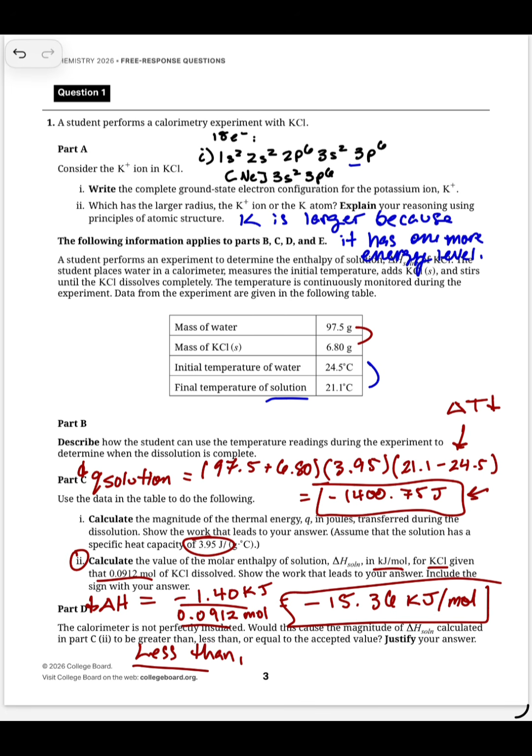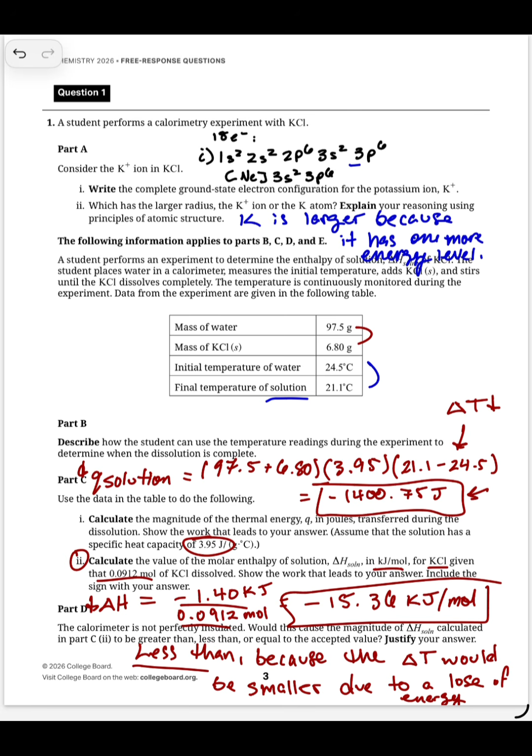So then that whole justification: less than, because the delta T would be smaller, due to a loss of energy